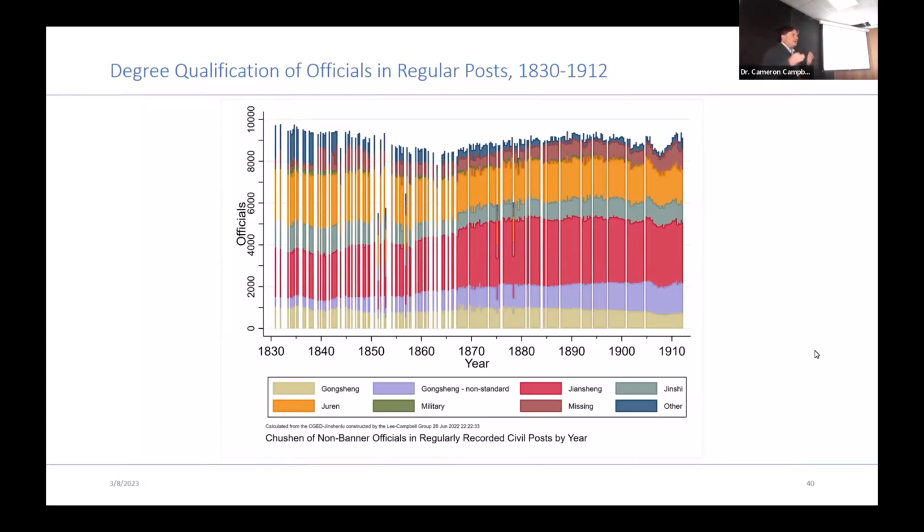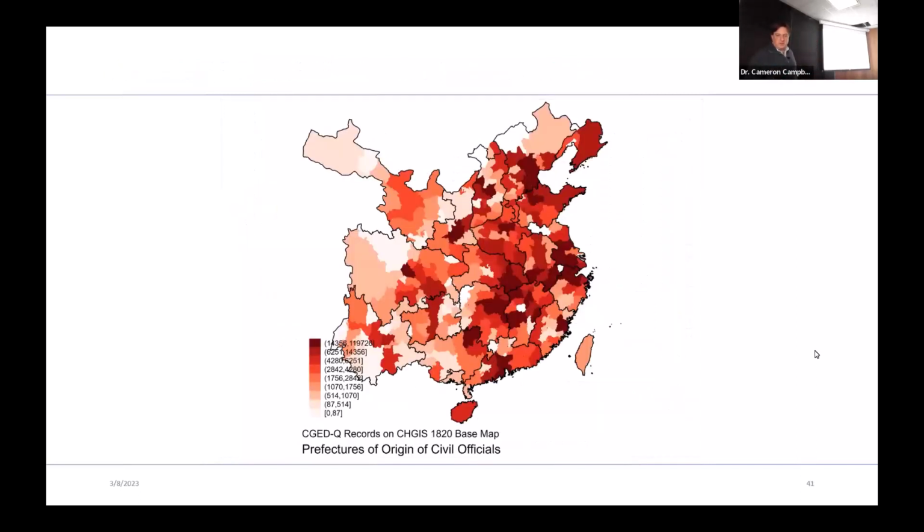So anyway, you get a very different picture of what the state looked like than you would get if you looked at long-term persistence papers. And actually, there's a lot of ideologues really pushing the idea that the entire bureaucracy was meritocratic, with people selected based on degrees and so forth. And you get a very different picture.